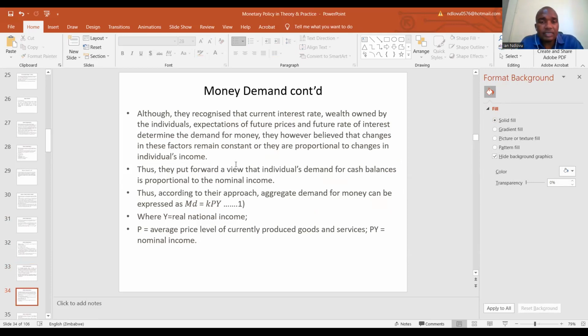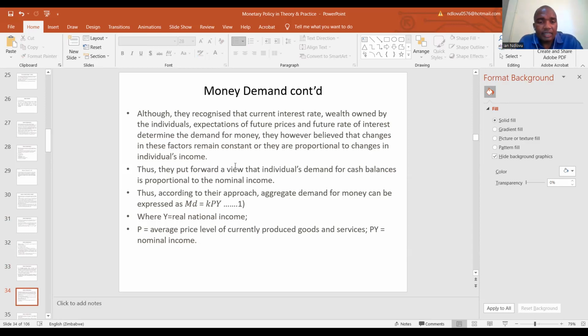Although they recognized that current interest rate, wealth owned by individuals, expectations of future prices, and future rate of interest determine the demand for money, they believed that these factors remain constant or change proportionately to changes in the individual's income. So in their approach, the aggregate demand for money can be expressed as Md = kPY, where Md is the aggregate demand